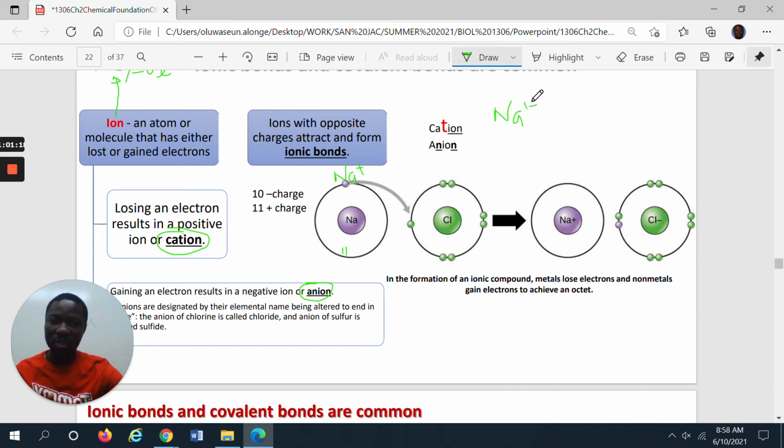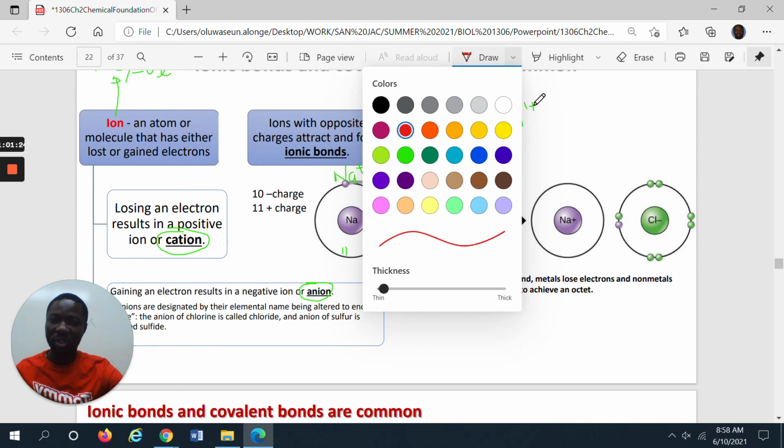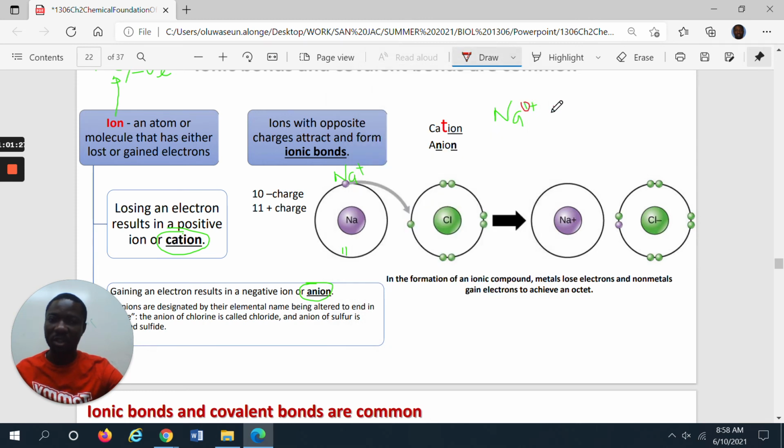Actually, it's 1 plus. But when it's just 1, we don't care to write the 1 there. We just say Na plus. Alright? So we just say sodium has become Na plus. But if it is 2, then we say 2 plus. But if it is just 1, we just put Na plus. Now, chlorine, on the other hand, gained a negative, is attracting the negative. And so chlorine is going to become an anion. An anion, it means it's going to have Cl minus. Again, it's Cl 1 minus. But we don't put 1 when it is just 1. Right? Like,